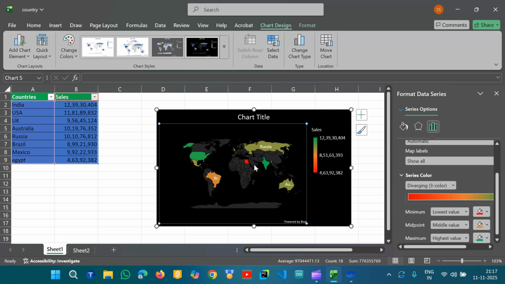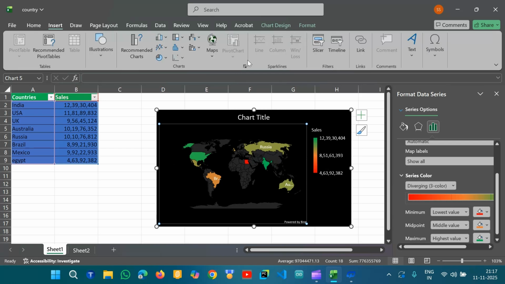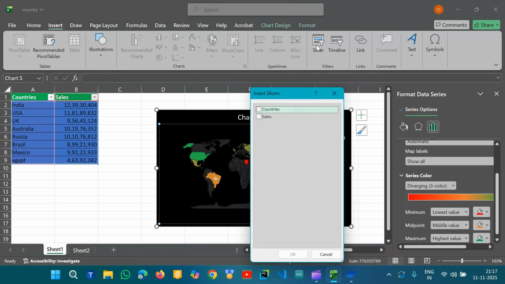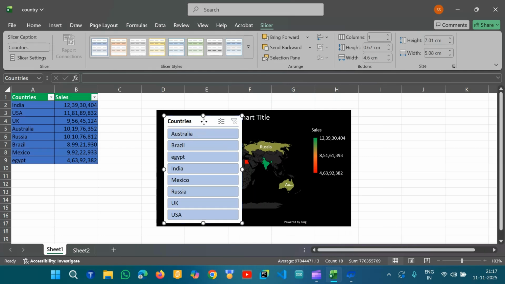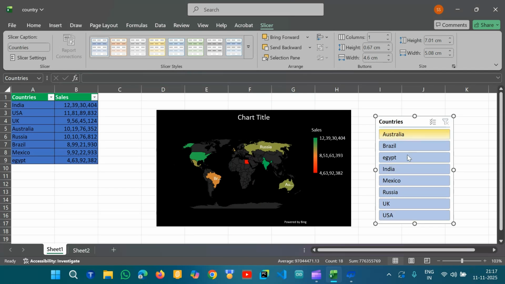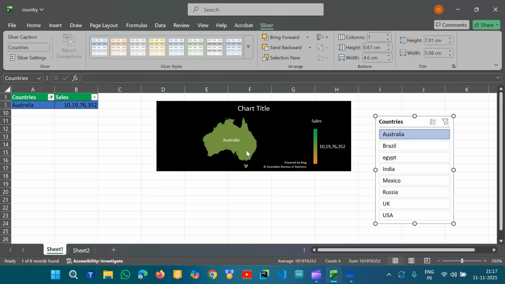Now, if you want to go to each and every country, like you can't see the names, so that's also easy. Go to Insert, go to Slicer, select countries. Okay, now you have this. Close this. Now put it here. Now I will click Australia. See, I got redirected.